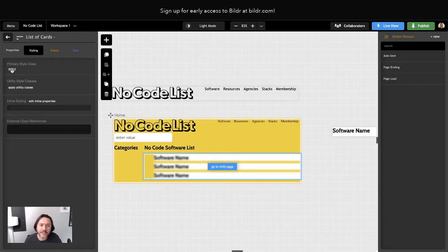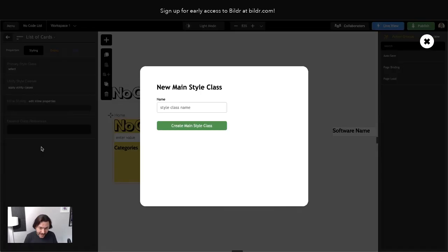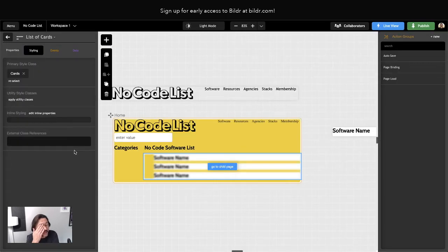So let's see. I'm going to call this class cards with an S. I recognize this is slightly confusing and maybe I wouldn't recommend it, especially if you're just starting out, but I have this habit where I call groups of things the plural and then the actual items the singular. So for me, this makes sense where this whole group would be the cards class and then each card is card with no S. But if those are too similar and that might confuse you later,